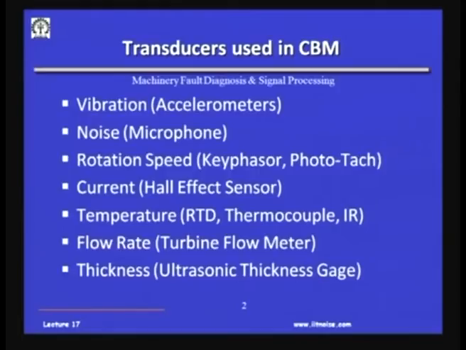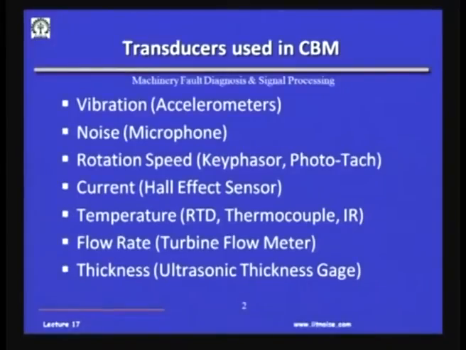But another very important parameter in mechanical machines, as you would have seen in signal processing, is the rotational speed. As I was telling you, a machine needs to operate, and in many of these machines the most common element is a shaft which is rotating and held on a couple of bearings. The rotational speed of the shaft may fluctuate with time because of load and because of defects. So, the instantaneous measurement of rotational speed at all times is very, very important.